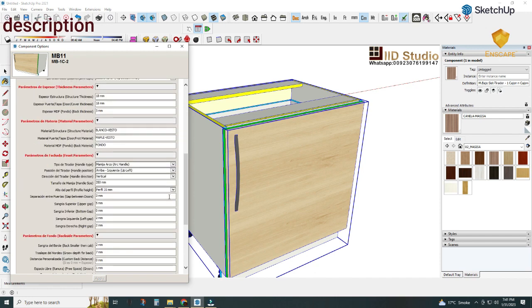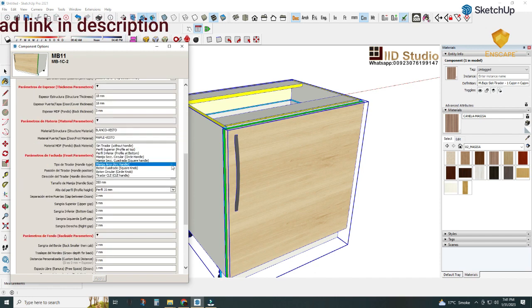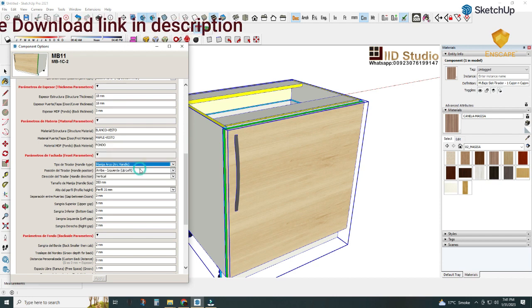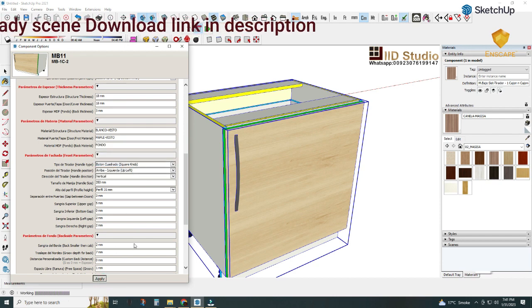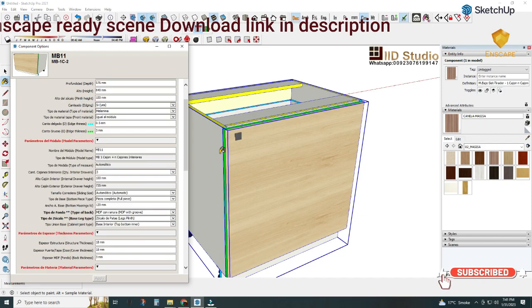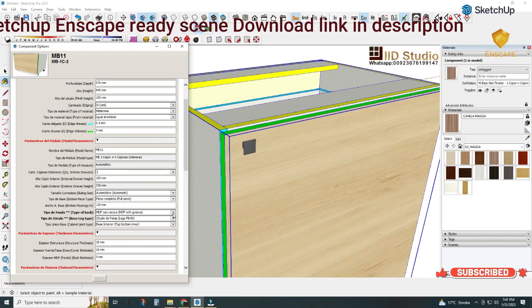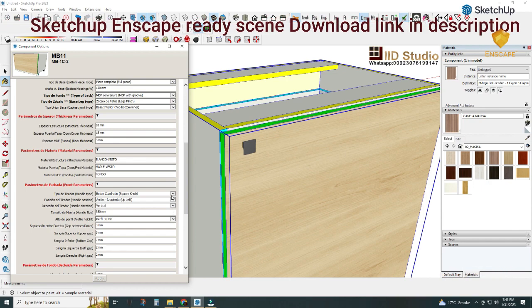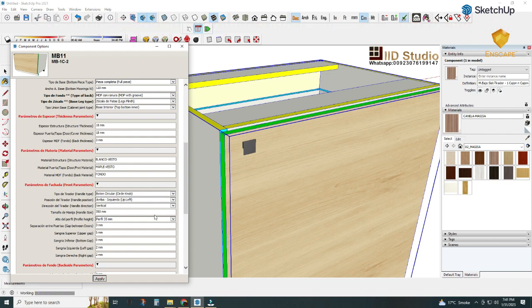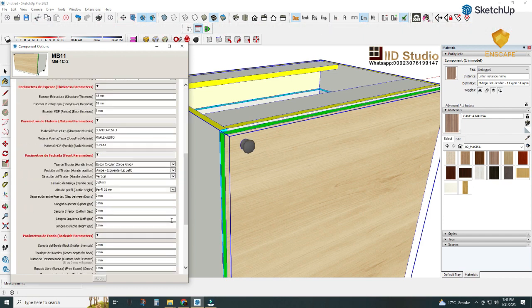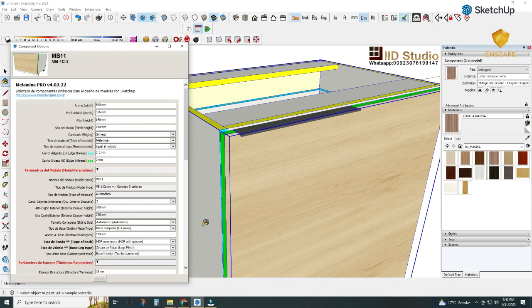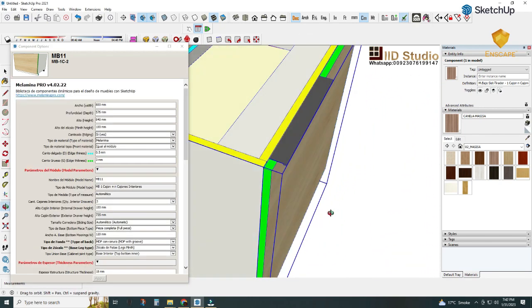And also you have a knob type. You can change it to square knob, or you can change it to circle knob. And also you have option to CLE handle. This is CLE handle,